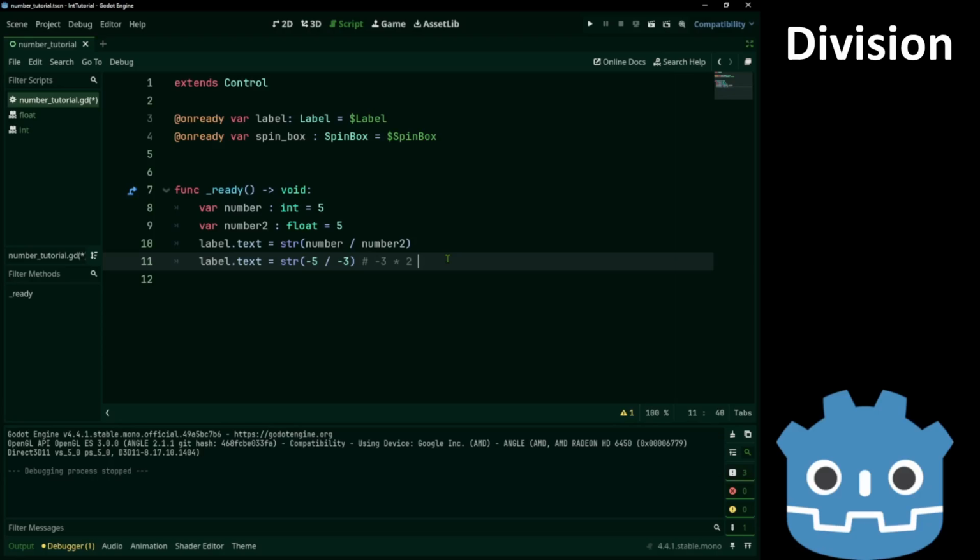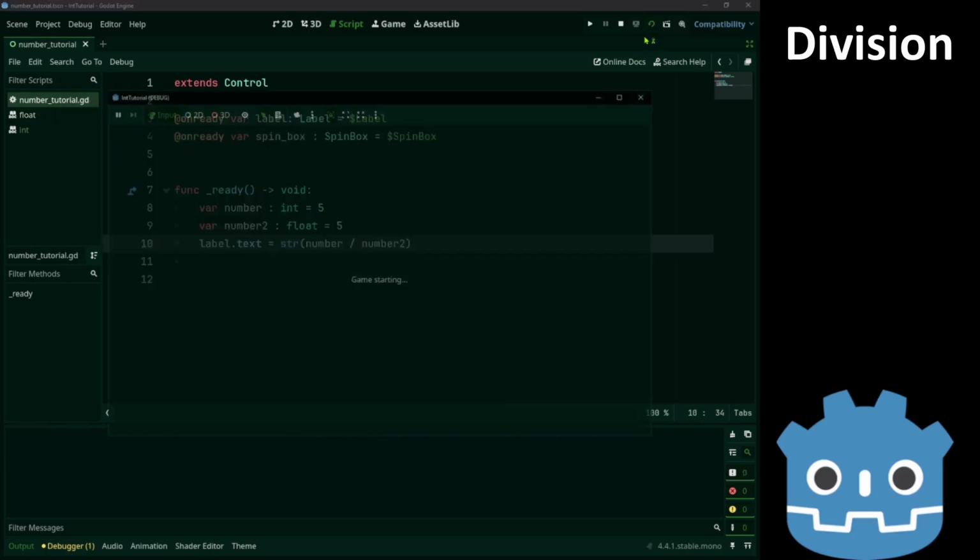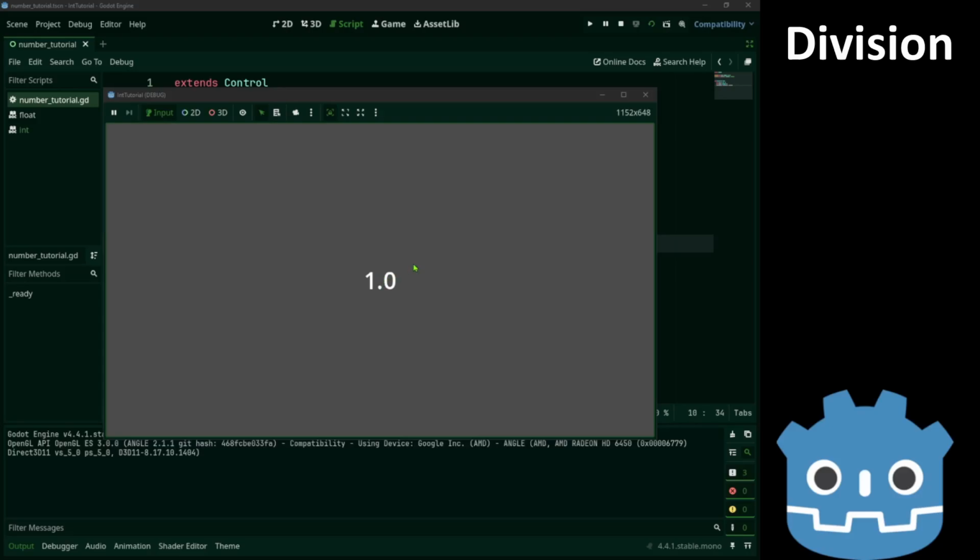Two and 1. Evaluate, we get minus 5. So if one number is float, we get float even for perfect divisions.